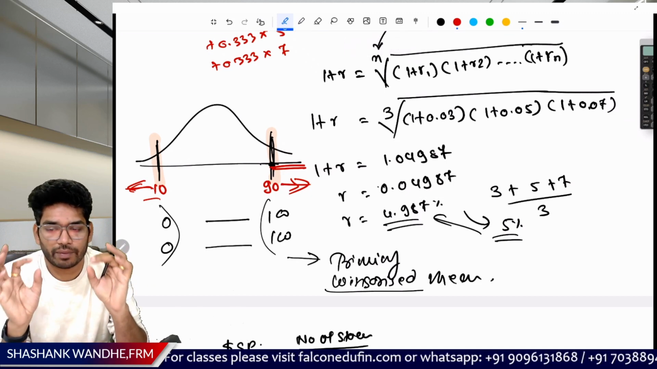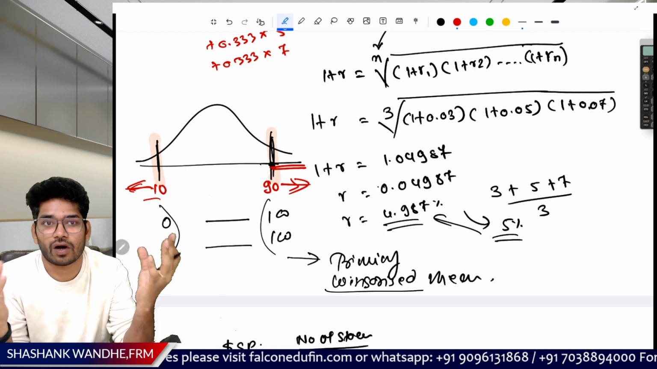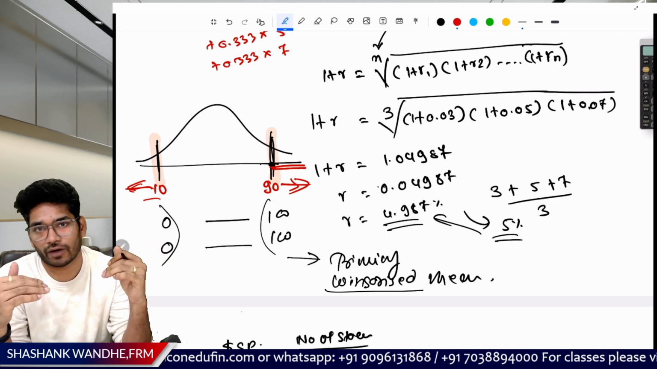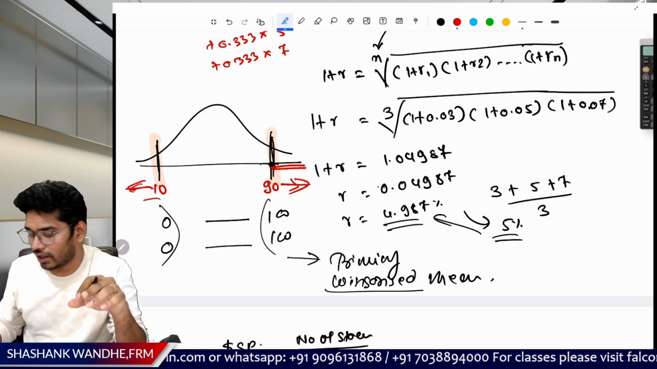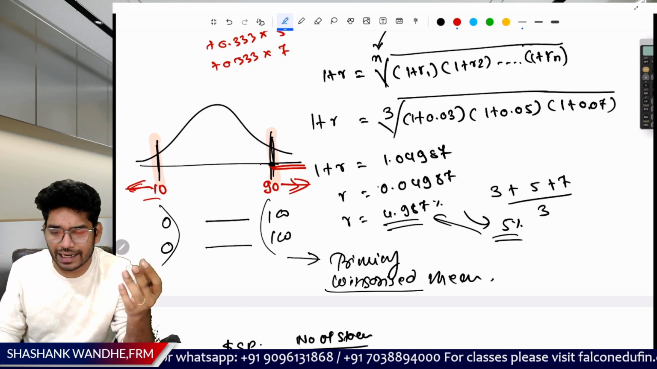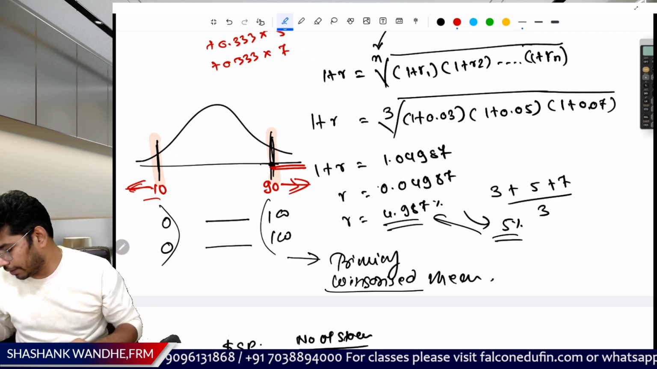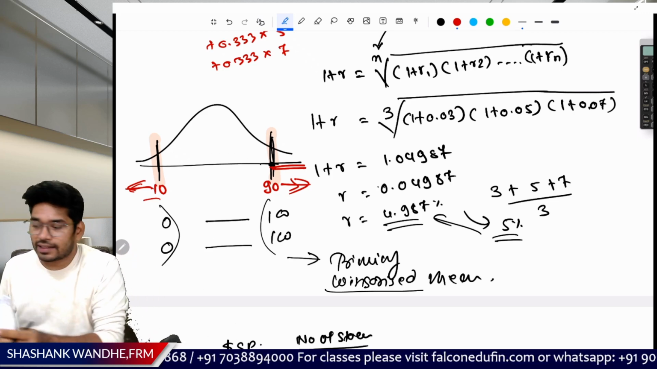Again, for the exam purpose, remember Winsorized mean is a better representation because it captures the impact of outliers but reduces the impact of outliers. So this is how Winsorized mean works, and that's why it is considered a better treatment of outliers while calculating mean compared to your trimmed mean. Okay, fine. Now next discussion is